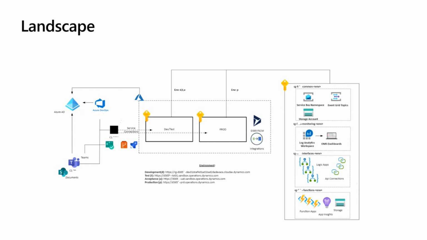Environment-wise, we had development, test, acceptance, and production, and each of these environments was tied to an instance of Dynamics. Then the deployment was done through ARM templates, so we were using Azure DevOps for it: the repo, the boards, but also the pipelines, and also some of the wiki capabilities within Azure DevOps as well, all tied to a tenant. Azure Active Directory also tied to a team where you can find some other information, or at